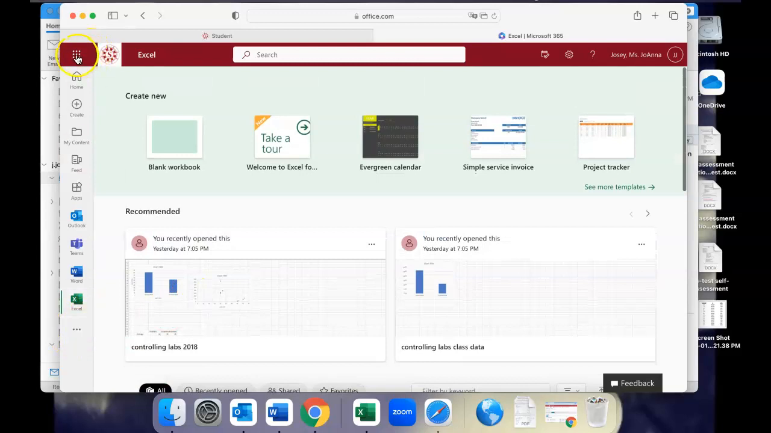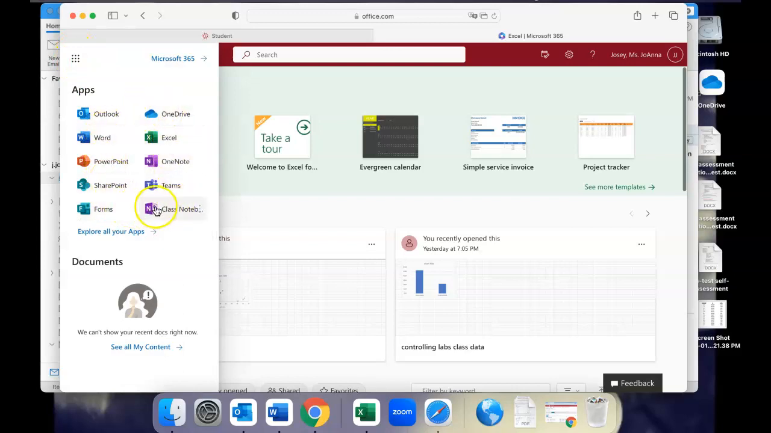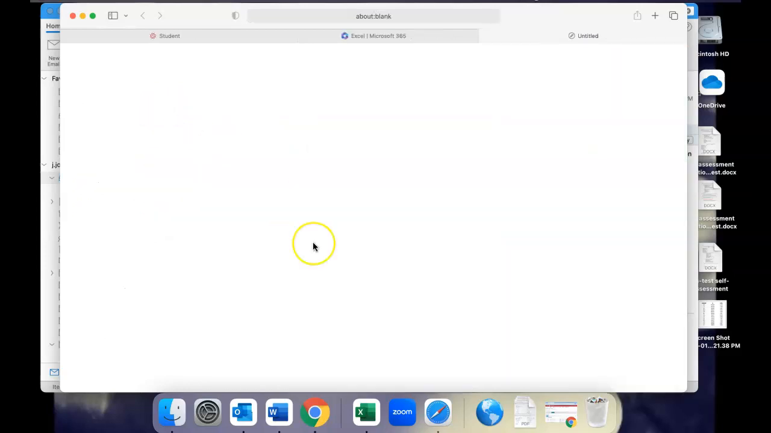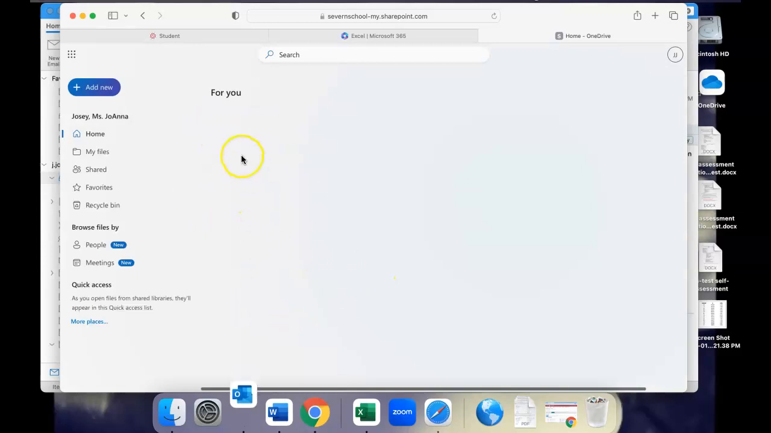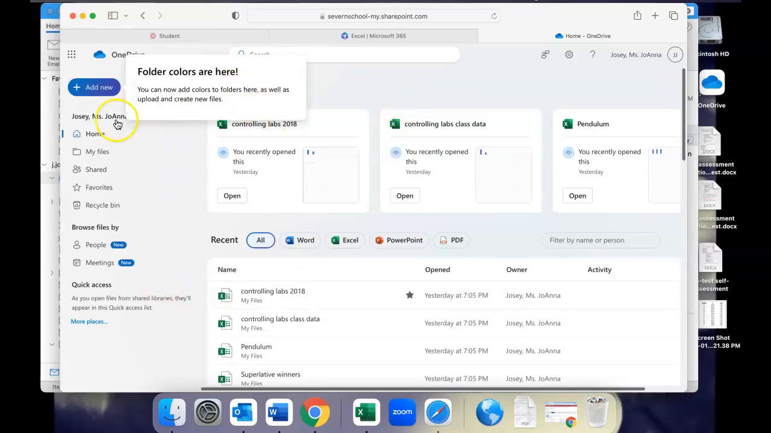And then if you click up in this little box right here, it shows you everything that you have access to. Not many people are using OneNote right now, but in case the class does use OneNote or does use Class Notebook, that's where you'll be able to access it. And then, of course, your OneDrive, which is where you can have your folders for your different classes, so that you can share easily from the